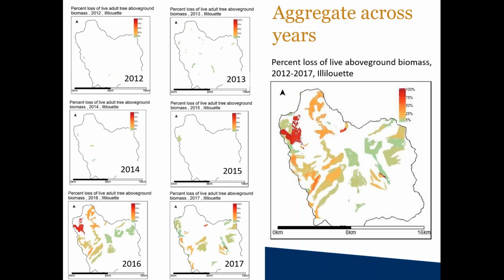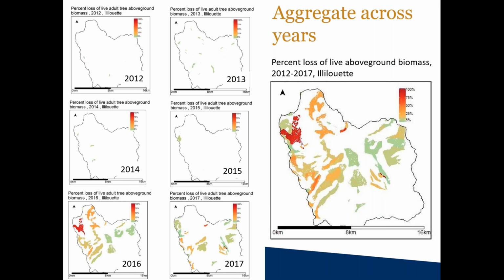One valuable thing about this analysis is that it allowed us to overlay several years at once. So aerial detection survey has many polygons that were detected in different years, but not a really easy way to see for a given location how has the biomass changed across all years of the drought. So because we overlaid polygons on top of each other from several years, we can say cumulatively how much biomass died over the course of the last several years.